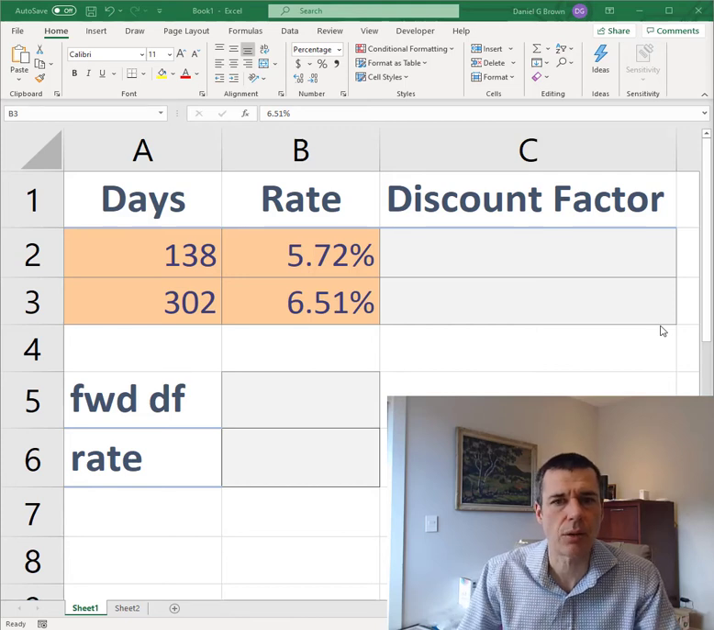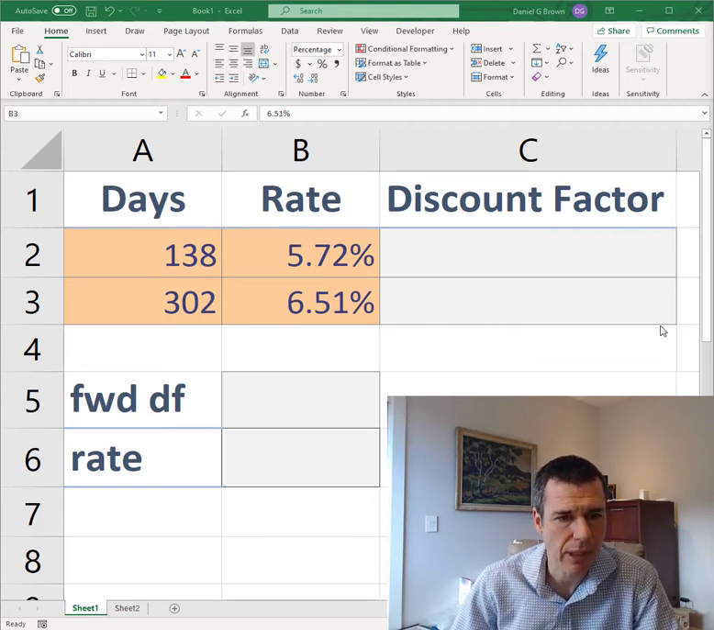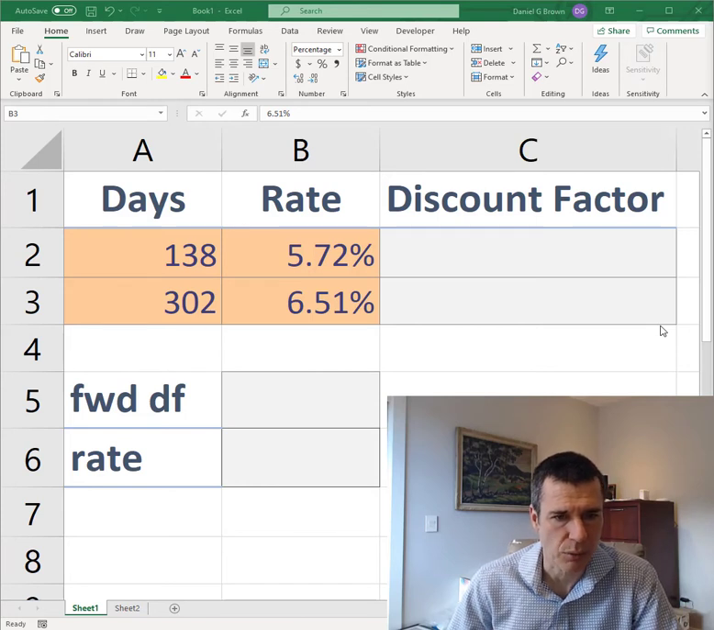In this video, we are given actual over 360 rates in the market, and we're trying to compute the actual over 360 forward rate between 138 and 302 days. The rates we're given are for 138 days, the rate is 5.72%, and for 302 days, the rate is 6.51%. So our strategy for solving this sort of problem is first, take the rates and compute the